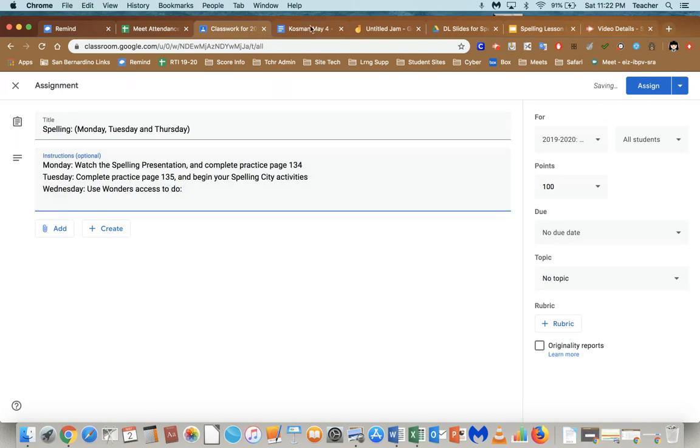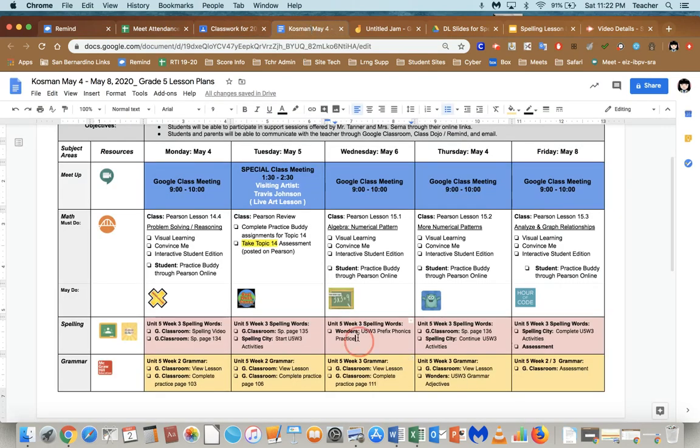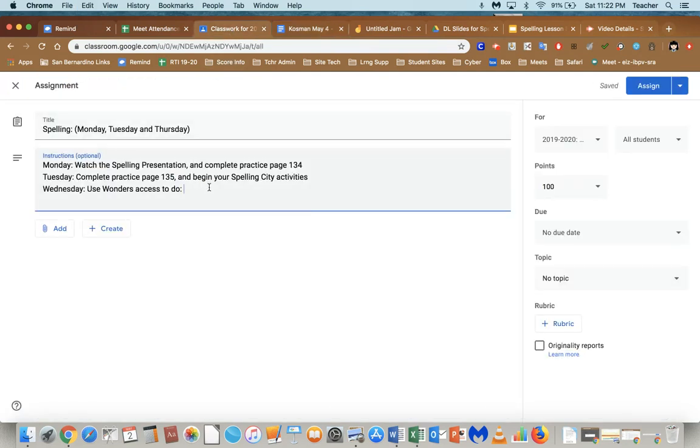And I'm going to go back to my week at a glance here and get the exact name so that they know what they're looking for. Now, I could put the Wonders links here. But when you go into Wonders and assign a resource to Google Classroom, what it does is it isolates that link by itself. So you have one assignment, it just has that link. It does not allow you to add anything else to it. So if you've got 4 or 5 different Wonders links coming in, each one of them will have a different